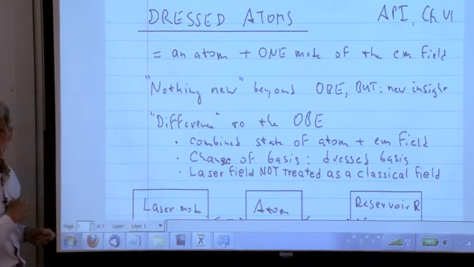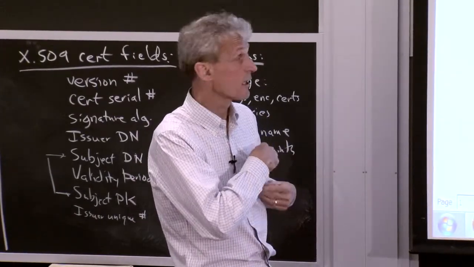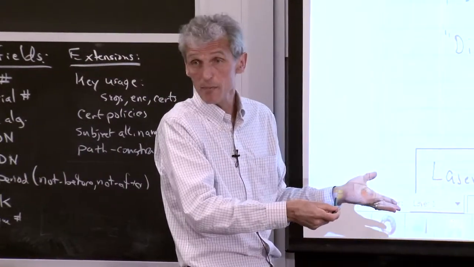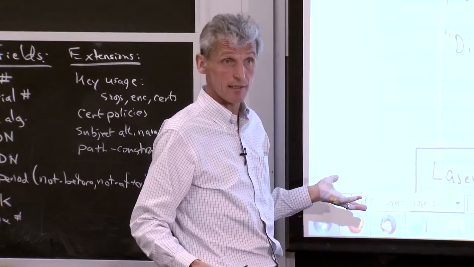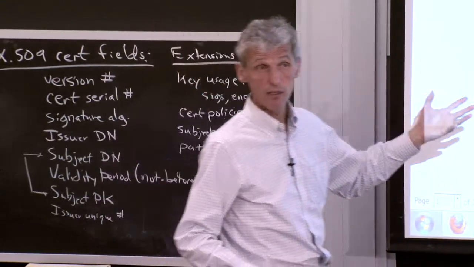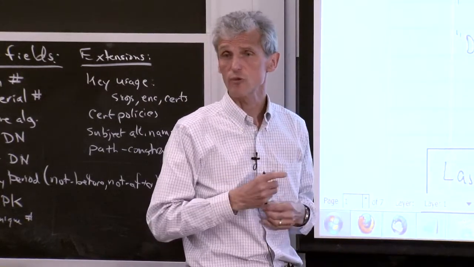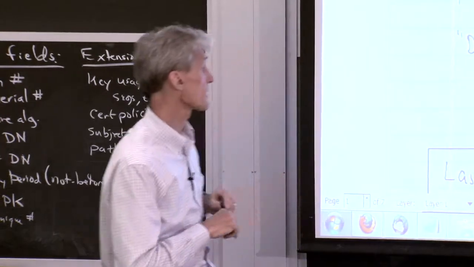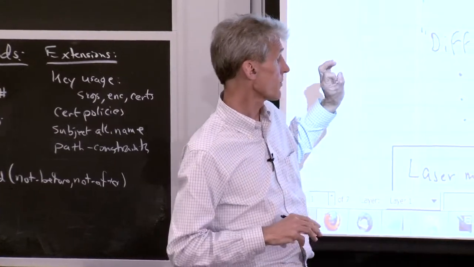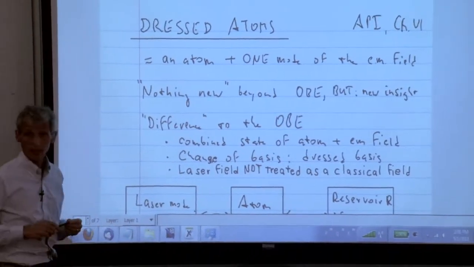But if you think in terms of those states, you have a much easier way to formulate certain physical processes, exactly processes where you have high laser power. At low laser power, the dressed states are identical to the naked states, to the ground and excited state. But at high laser power, at infinite laser power, the two dressed states are the symmetric and antisymmetric equal superposition of ground and excited state. So that's what we want to describe now. The difference to the optical Bloch equation is that we are now really looking for the combined state of the atom and the electromagnetic field.